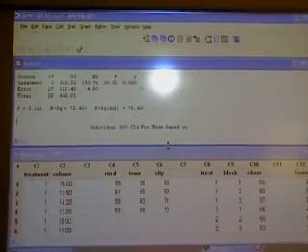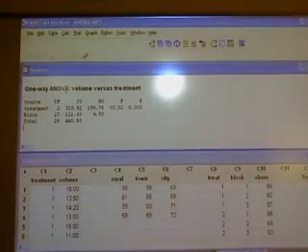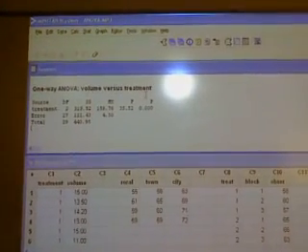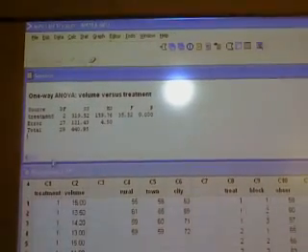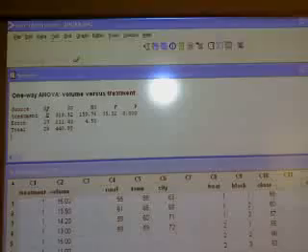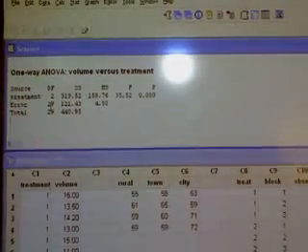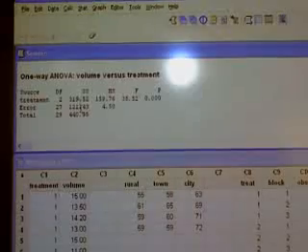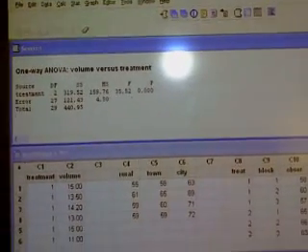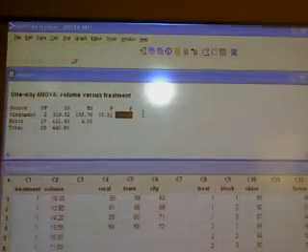It will display some output. Just you see the ANOVA result, one-way ANOVA: volume versus treatment. This is the observation, volume. This is your treatment. So how many treatments? Three treatments, so the degrees of freedom is 2. Error: total number of observations is 30, so N minus the treatments. Total is N minus 1. Sum of squares, mean sum of squares, F. The p-value: you see the p-value is 0.000.